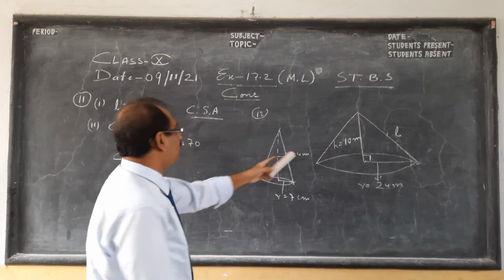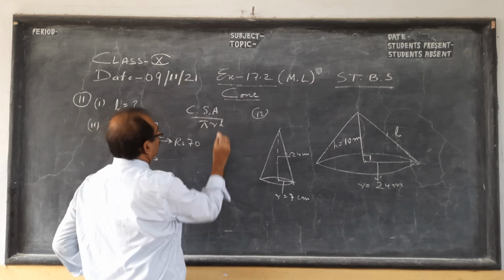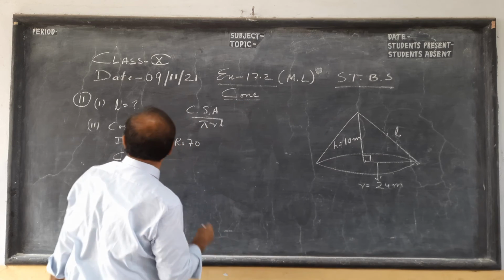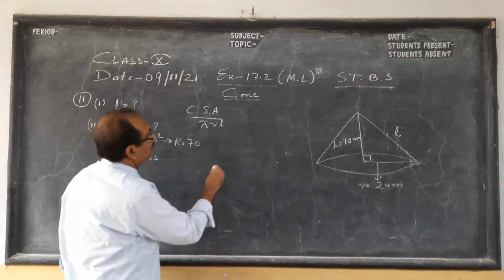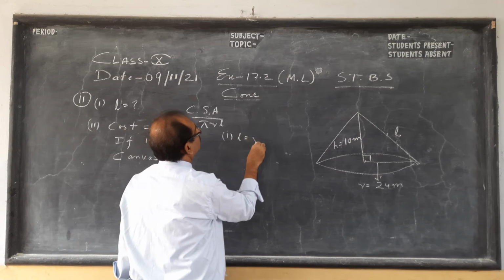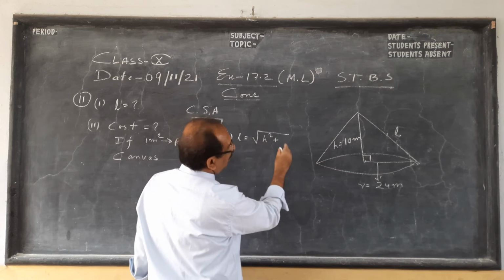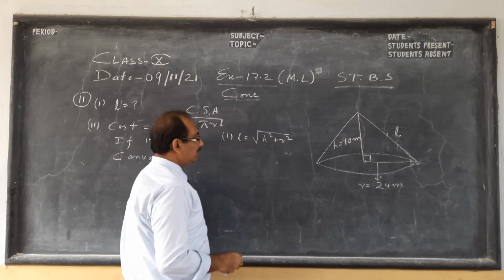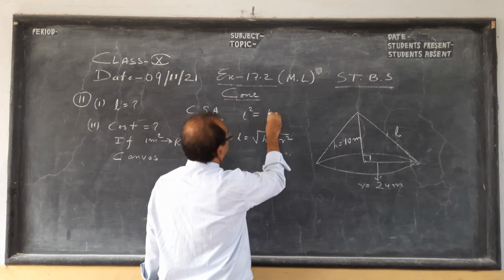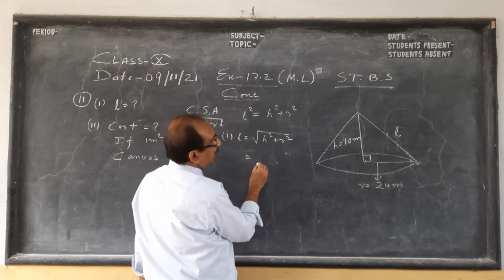Number 11 I am doing. They are very similar. We have to find pi RL. So before we apply pi RL, first we have to get L, because in this question R and H are given. As I had already told you, to get L, by Pythagoras theorem, L square is H square plus R square, the height square plus this square. So height is 10.